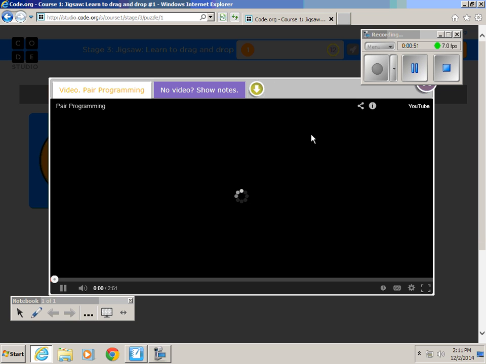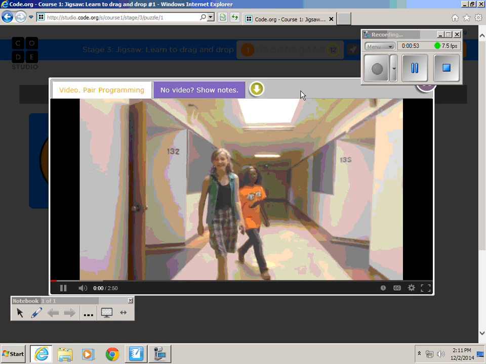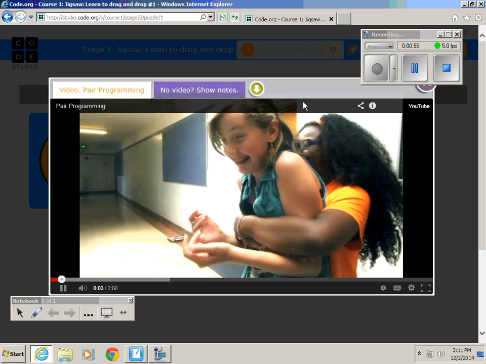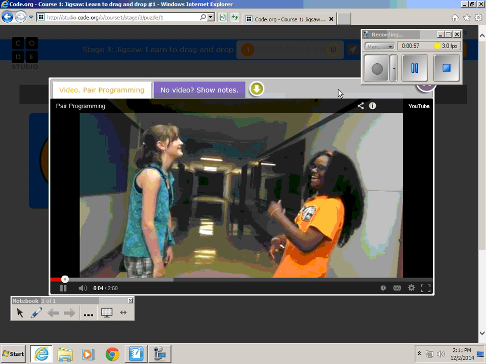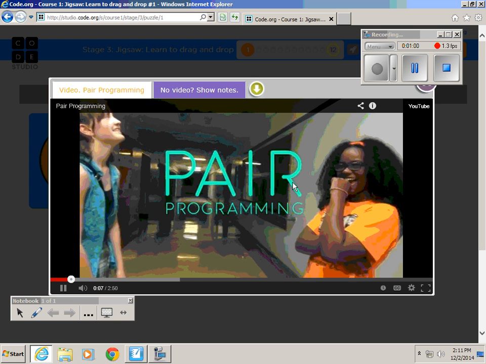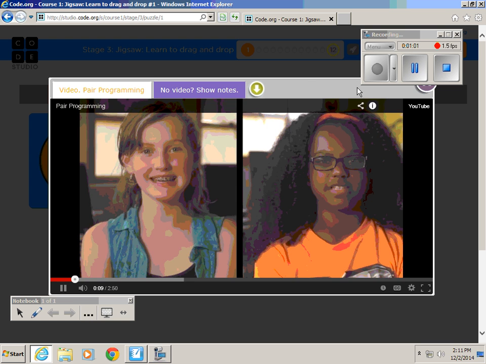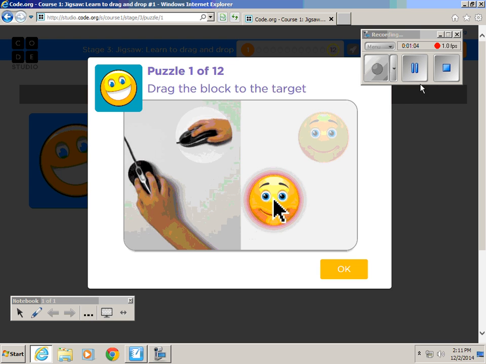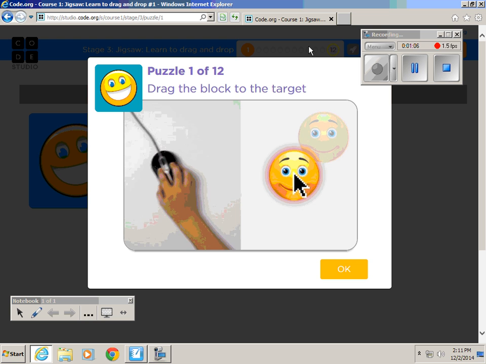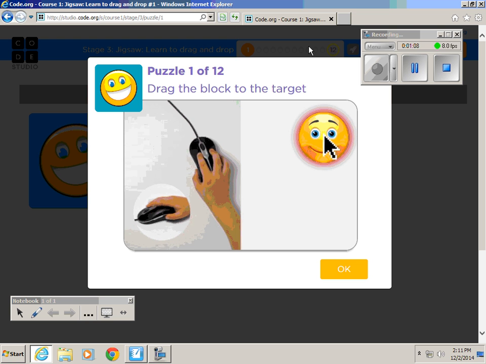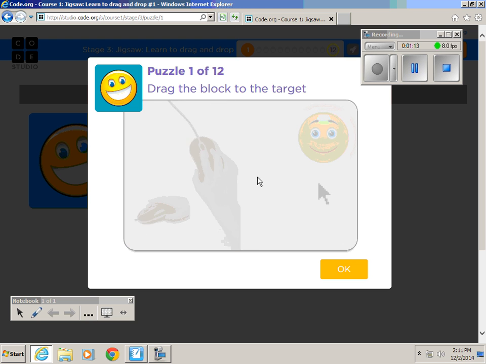It will start showing a video, and I'm not sure if you can hear this. I hear it in my headphones. I'm not sure if you can. This one talks about how to work as a pair on the computer. And if you want them to work in pairs, that's a great video for them to watch. But if not, just show them that they can close it out, and it'll continue with the directions of the